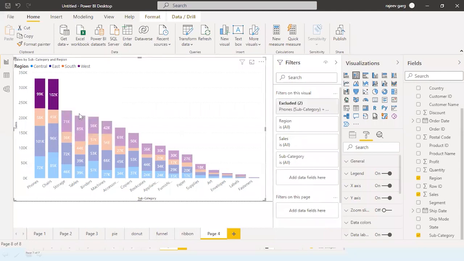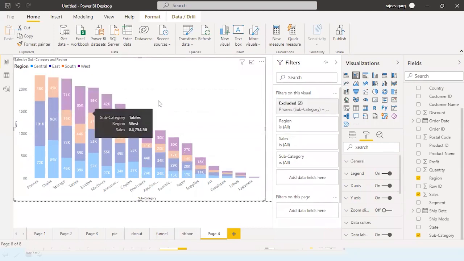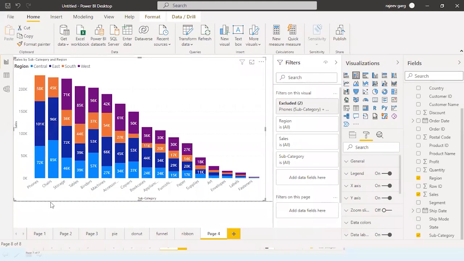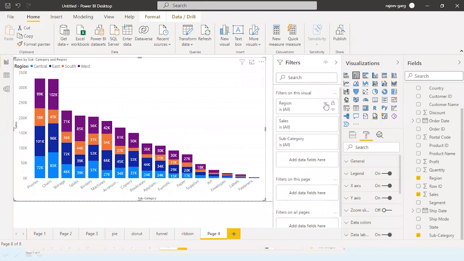Let me exclude this, and now in the phones and the chairs, the Western region sales is not included, but even then they are appearing at position number 1 and 2. So if you want to exclude something, you can exclude it like this. It has come into the filter; you just remove it and it will be back over here.